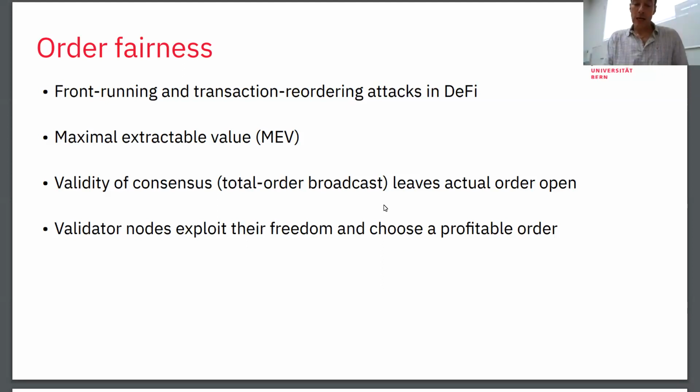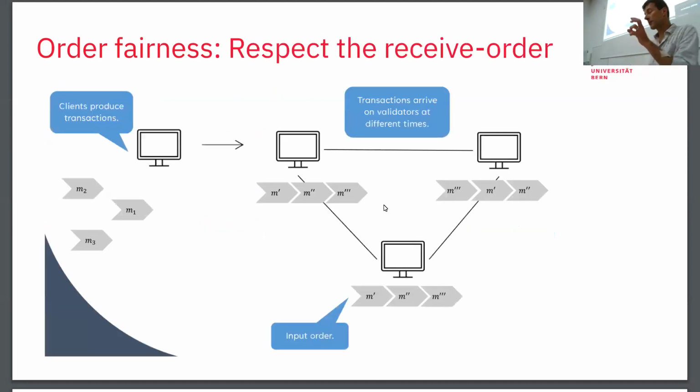How can I prevent this? Well, in this work we go back to an assumption that has been introduced before by Kelkar and others, where they said, okay, my transaction is obviously coming to the system, it's being propagated to the network, and if it arrives at all the relevant validators, and here it's important that we know the n validators, if it arrives at the validators before the fraudulent front-running transaction, then it should go into the chain before the fraudulent transaction, of course, because everybody saw this locally first.